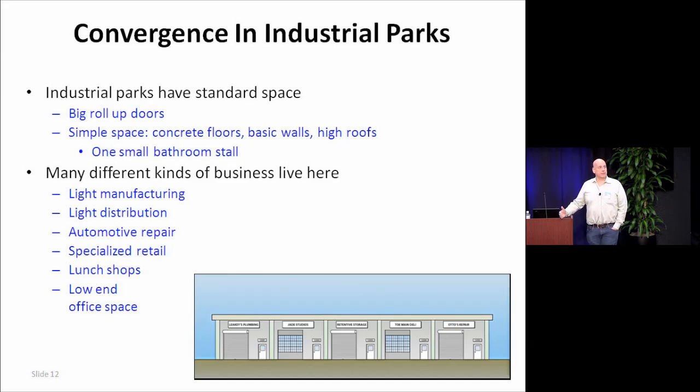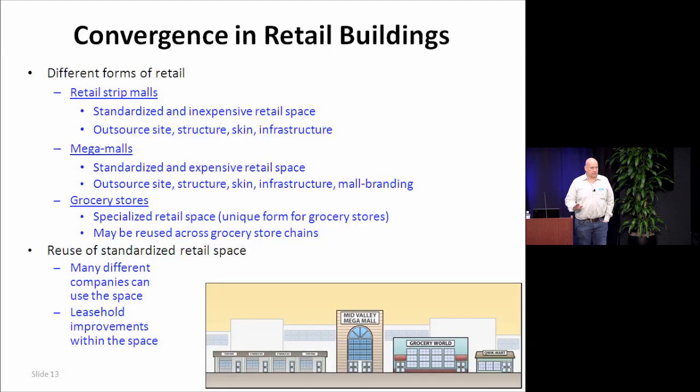So let's consider industrial parks. We've all seen them. They've got a big roll-up garage door and they've got a walk-in door next to it with a little tiny office. And they might be doing automotive repair, they might be doing light manufacturing, there might be a print shop, and somebody might turn one into a delicatessen, okay? They always have one little bathroom, a little office space, and then the back thing with the roll-up door, okay? And lots of uses for it.